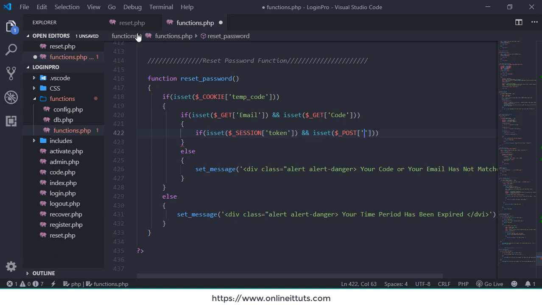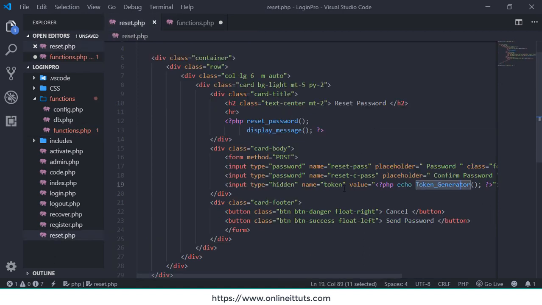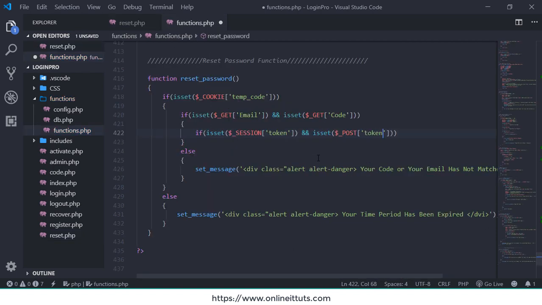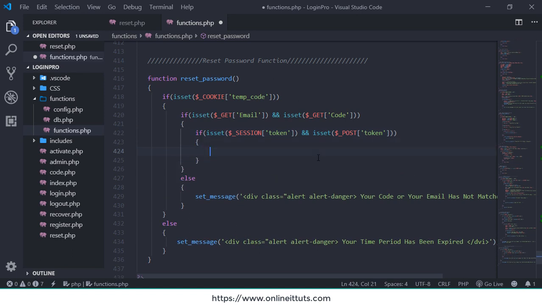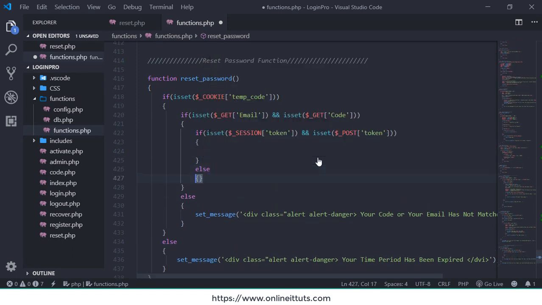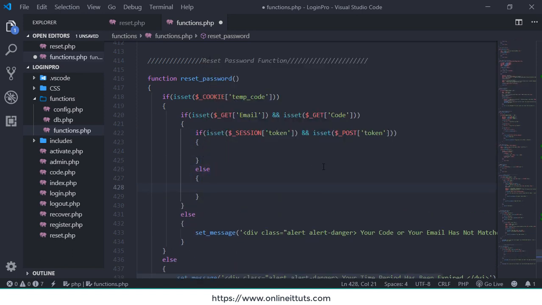Which post? I'm going to show you. Go to the reset.php page and copy the last input text field, which is of type hidden. Copy this one and paste it here, then come into the if body, otherwise come into the else body, and then we need to also display the message